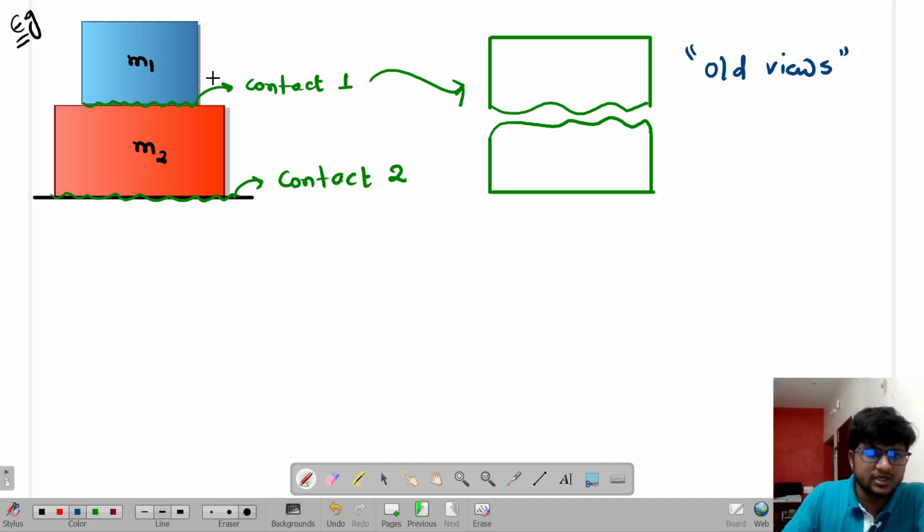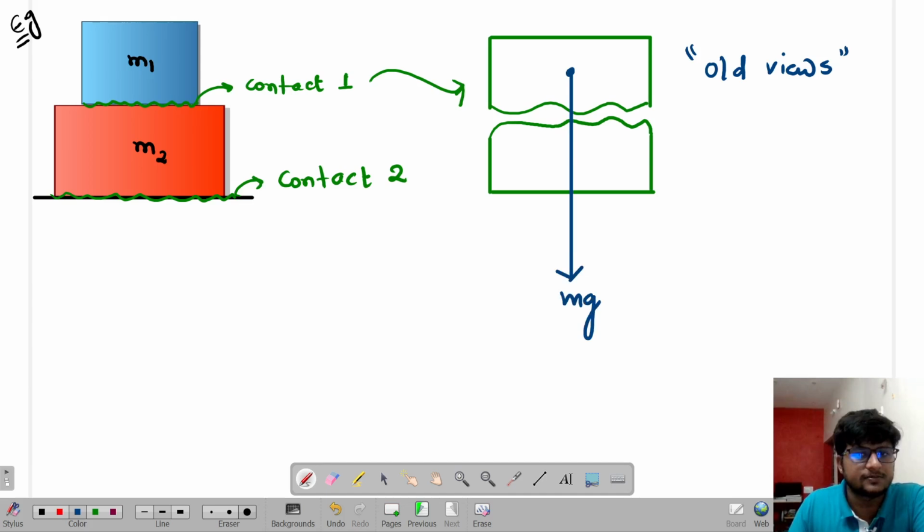What is happening over here is that this mass m1 is trying to press the body. Now is the pressing force basically its weight? The answer is no. The pressing force is not its weight. Of course weight is present, but this weight is actually present at the center of gravity, towards the center of gravity. Keep that in mind. Is that clear or not? This body A or m1 or this body B is not pressing with its own weight. It's pressing with this contact itself.